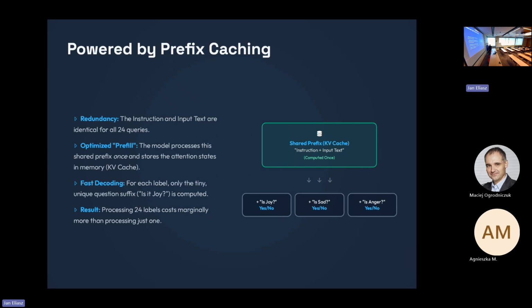And as you can see, the computational overhead, once again, is very, very low.